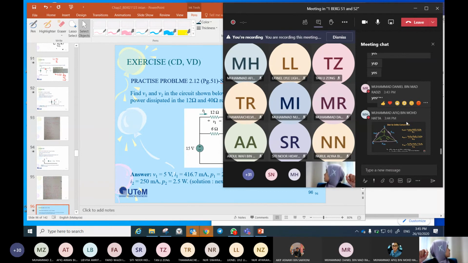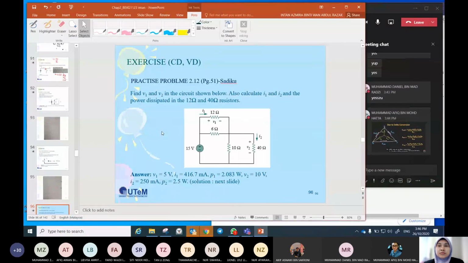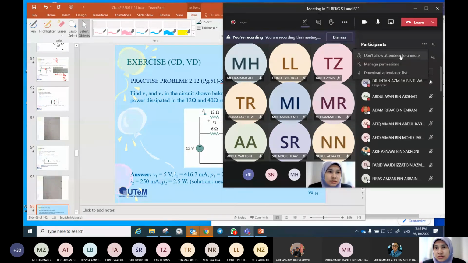So okay, so please be noted that every week I will combine section 1 and section 2 online class. Okay, we will have on Monday afternoon, okay, at 3 p.m. Okay, and then you just submit feedback in Microsoft form for attendance for the other slot, okay, not for online class. For online class, I will take attendance from the meeting. From here, download attendance list.